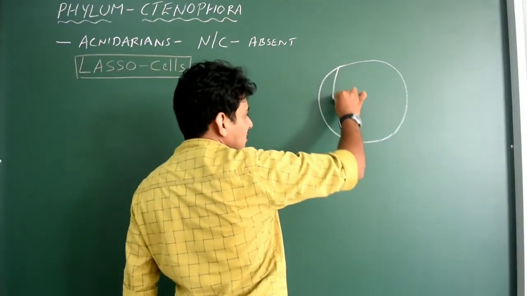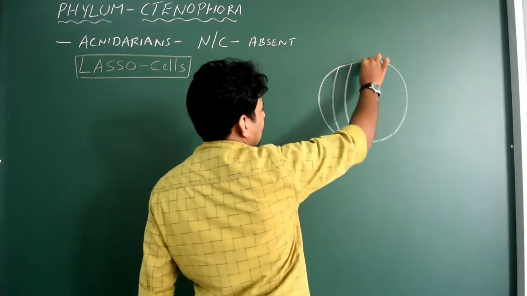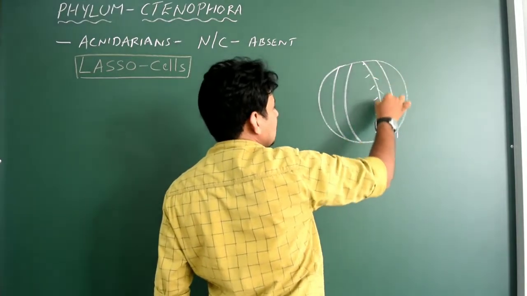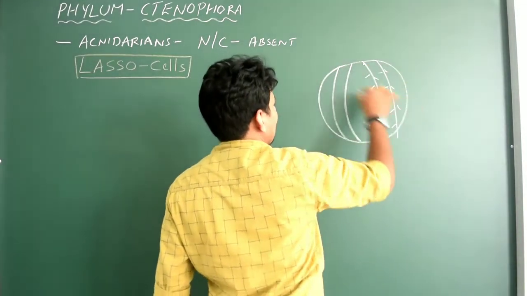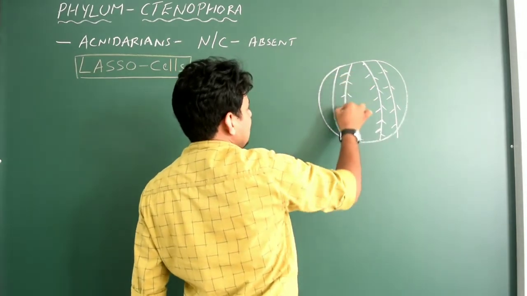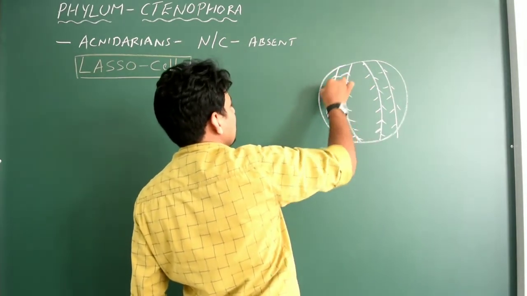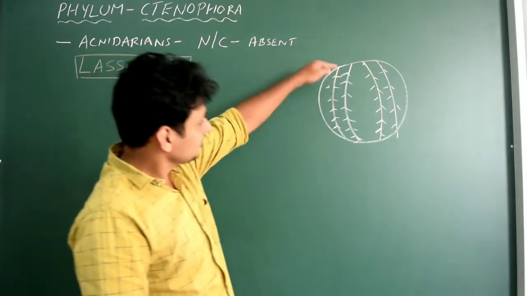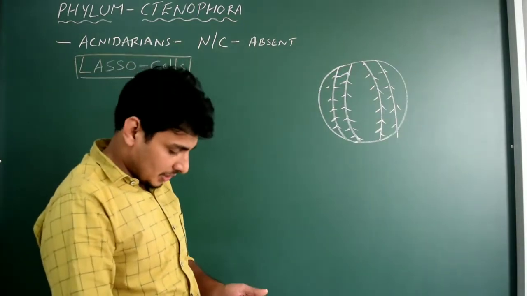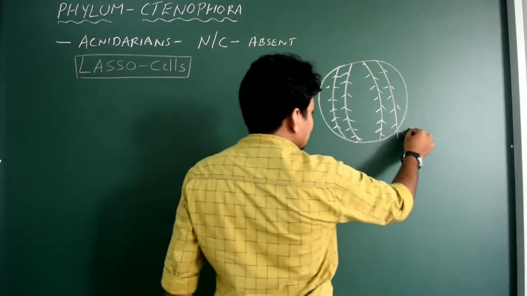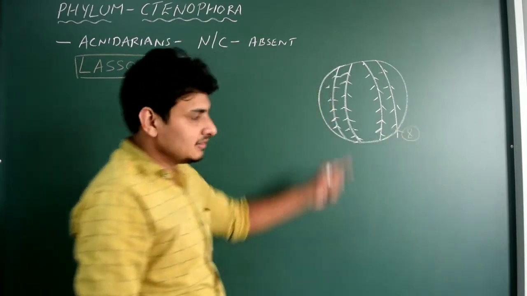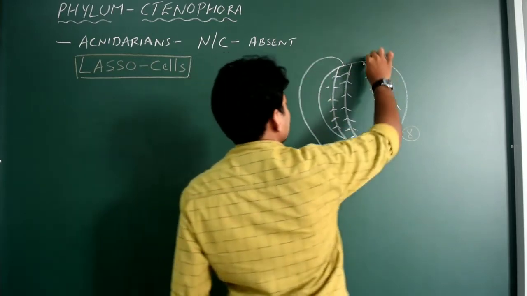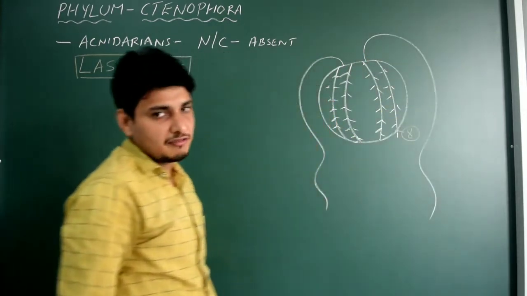What is the specialty? You see, they have got 8 ciliated external rows, correct? That is what we have studied in our regular class. Say like this on their body. So this is actually one side view, that could be the front view of the organism. The back side of the organism also contains 4 more ciliated lines like this. Yes? Okay. So total 8 comb plates are there. This is called comb plates. Now from this organism you see a pair of tentacles like this. Yes? A pair of tentacles.